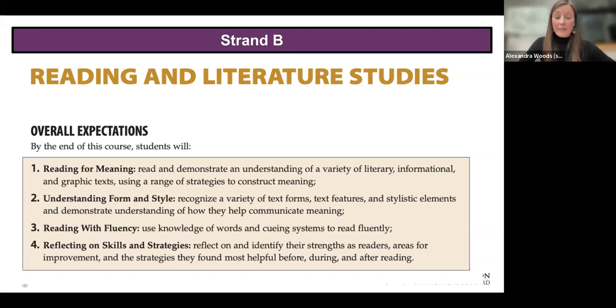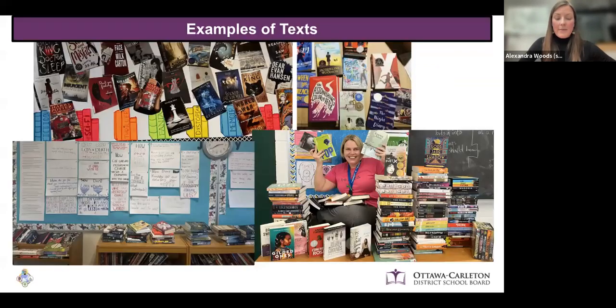So students might read whole class texts, or they might read independently, and students are exposed to a variety of texts, including narrative, informational, and multimedia texts. And so here are some of the texts that students are reading this semester in grade 9 classrooms in the OCDSB. And you'll notice that